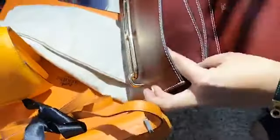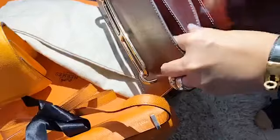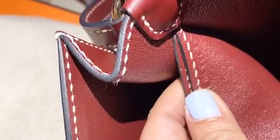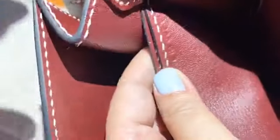I'm curious also to know. Nakita ko na siya eh. Kasi LV usually sa pocket. Sa pocket. Si Hermes, nasa line dito. Ayun! Ayan. It's an imprint. It's not a heat stamp. Kita ba? Lagyan mo ng shadow para...